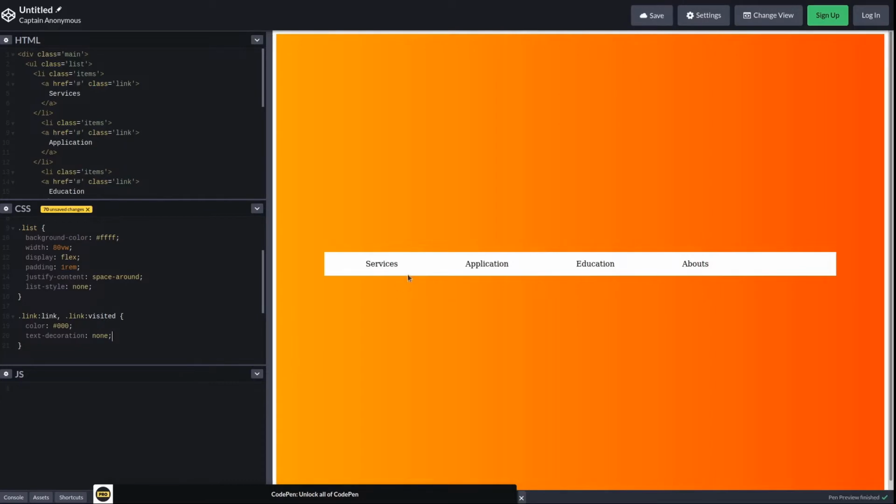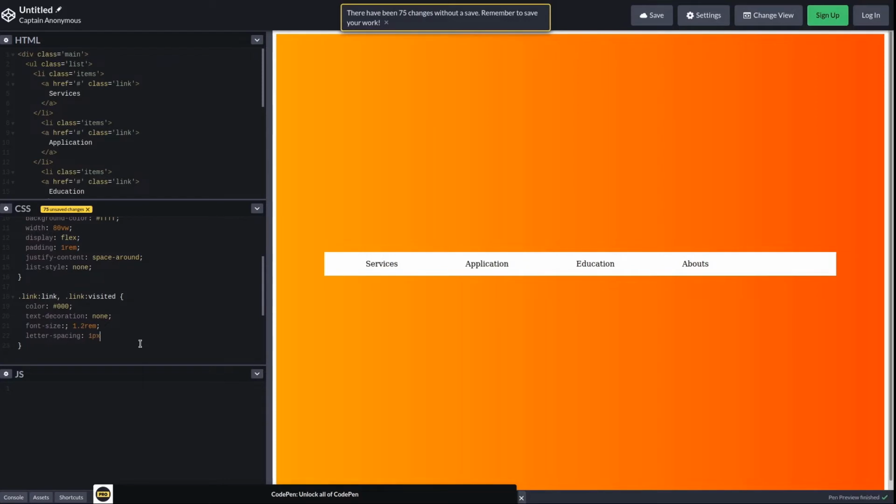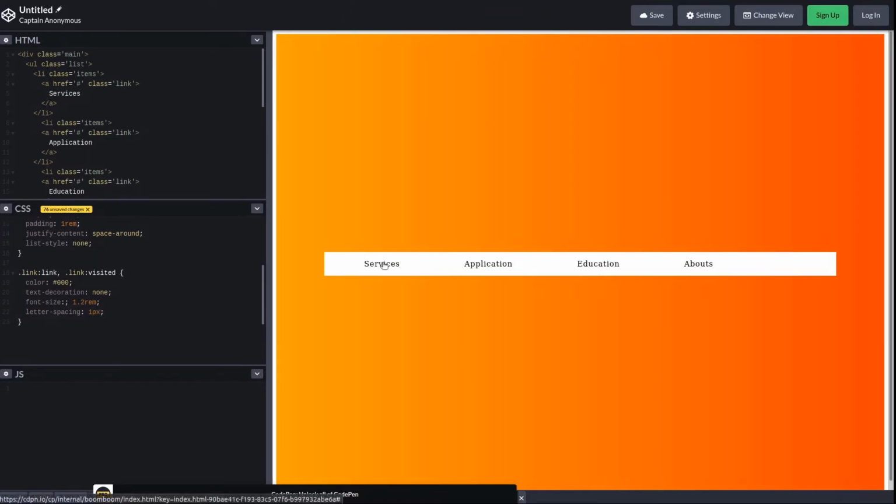Now I want to slightly increase font size. How about 1.2 rem, and a letter spacing as well. Letter spacing 1 pixel. Okay, now it looks nicer.